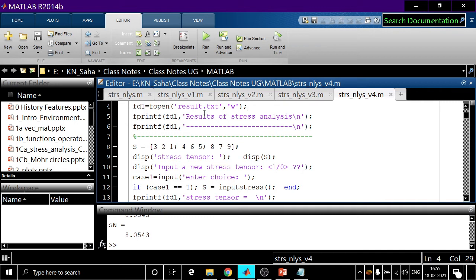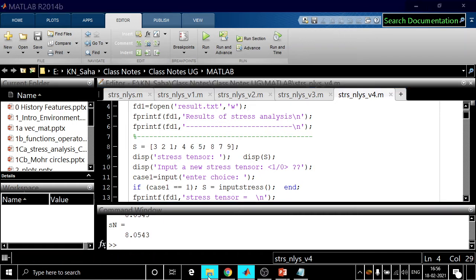So where will this file be opened? Everything in MATLAB takes place in the current directory, the working directory. So this is our working directory here.